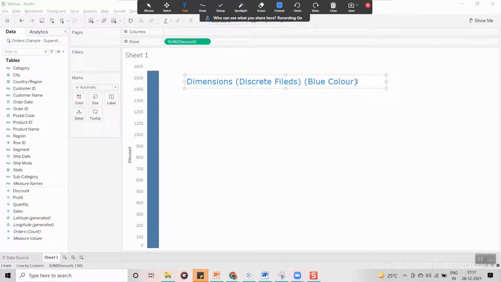But what about measures? All the measures by nature are continuous fields, and these are represented in green color.